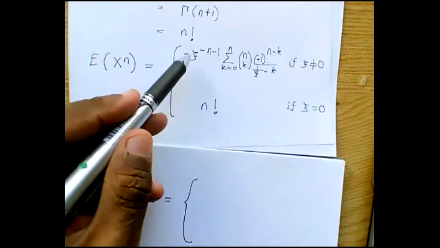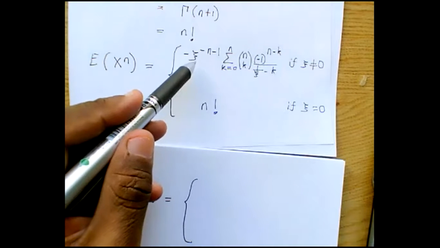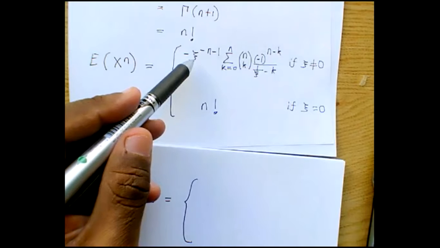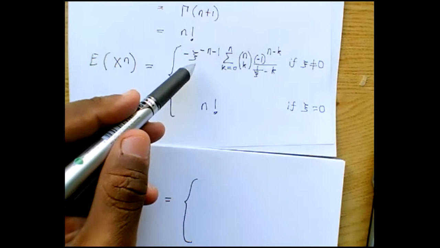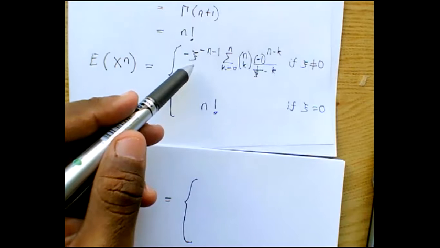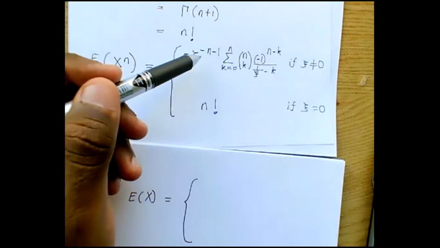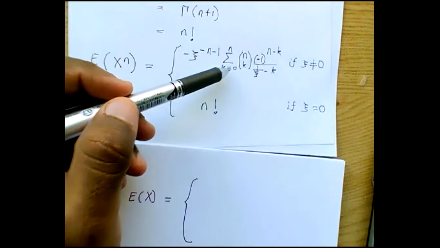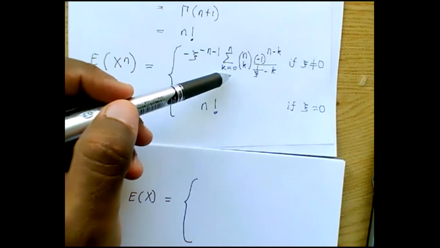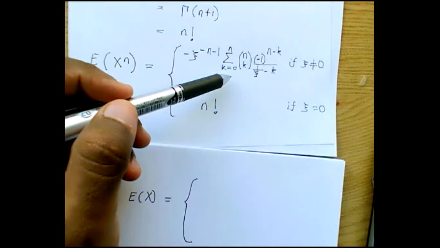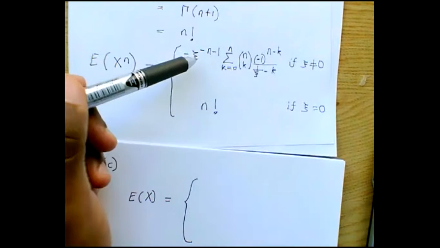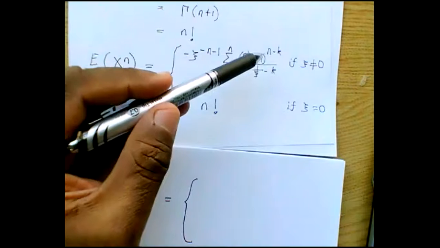If you put n equal to 1 into this, you will get, correct me if I'm wrong, I think you will get 1 over psi, so you get k equal to 0, k equal to 1, k equal to 1 will give you